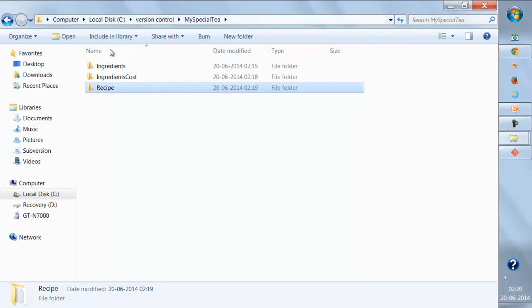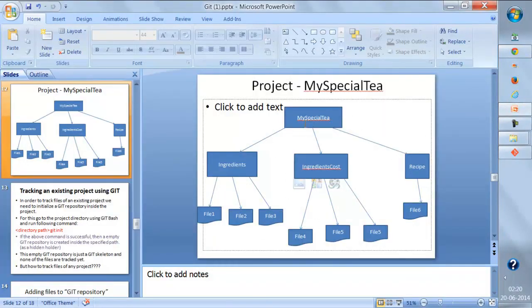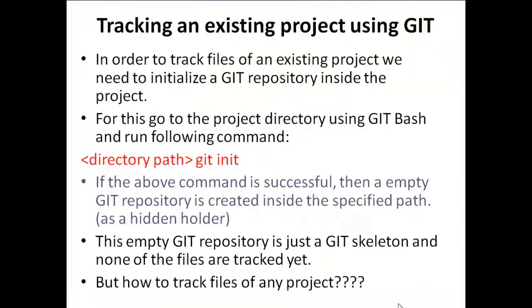So we have 3 folders, 3 packages over here, and inside these 3 packages we have 7 files, right? So basically, in this project we have one single project, 3 different packages, and 7 total files. And what I want to do now is track this project through Git,